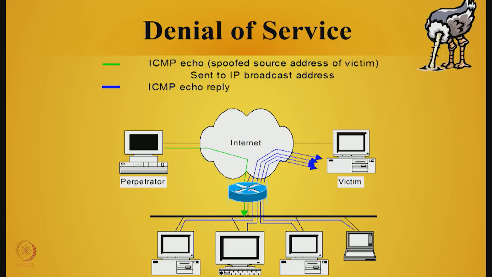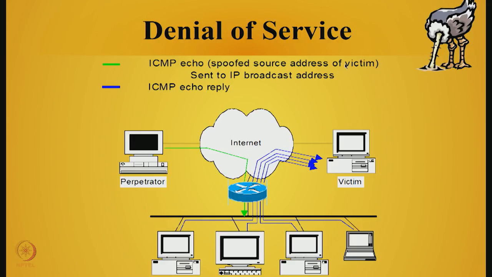Here is an example of ICMP Echo. Here, a perpetrator gets access to all the other machines and asks them to do a ping. Once I do this, every machine will ping the victim, and thereby, by generating one packet, he can make them attack at a certain time also. Suddenly this victim will start getting a lot of ping packets. This kind of thing can be done.